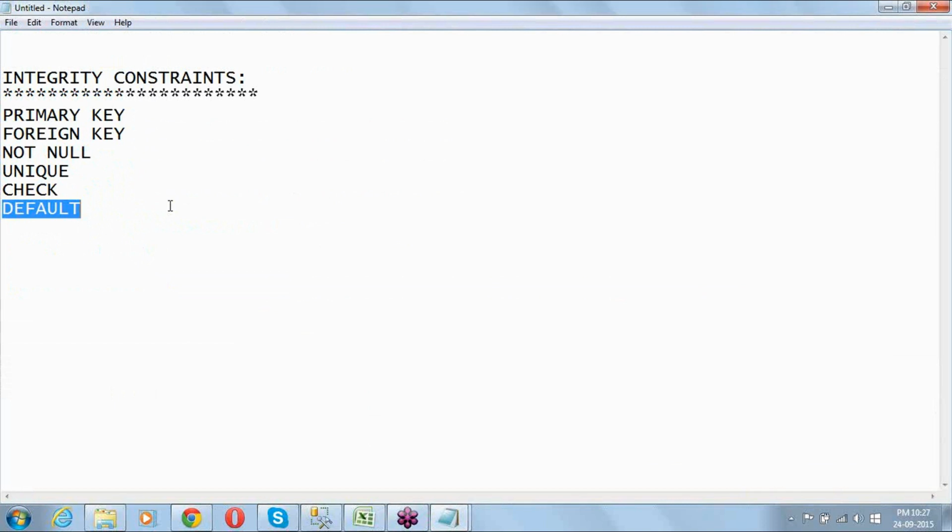Next comes default. Default constraint is useful when we insert some new records with data only for few columns. Suppose if you use default constraint on a column called address of an employee. When we insert a record without entering value for address, by default it comes with null,